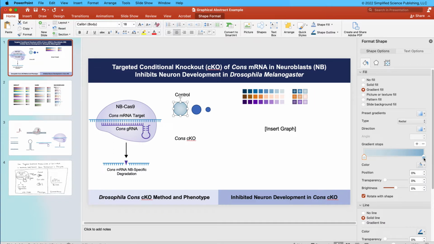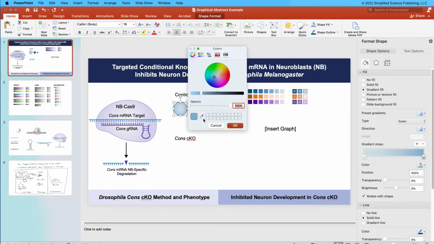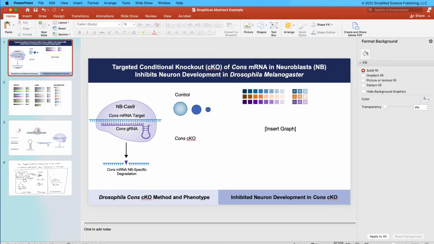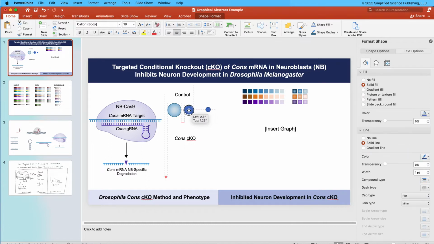And I could even, if I wanted to, take more colors, and to make it a little more in line, I can even pull colors from my drawing on the left. So actually, I think I'll change my plan and have it be a nice bright blue color that then ties in the color from my design on the left. So that can be my ganglion mother cell, which is going to give rise to some more cell types over